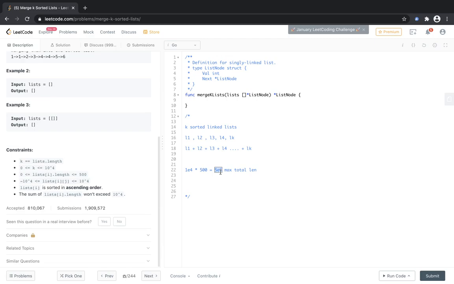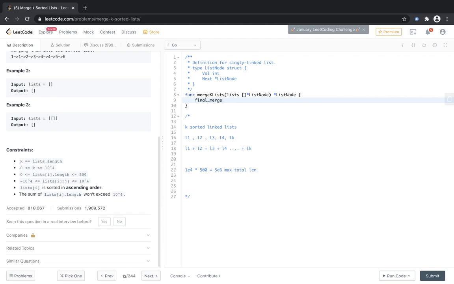The brute force is that we check all the pointers across all the linked lists and keep track of the pointer which has the smallest value, and that will be the next pointer that we append to the final merged linked list that we are going to return.